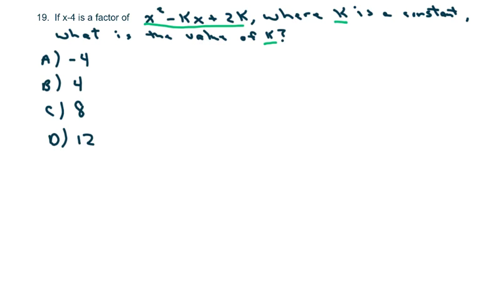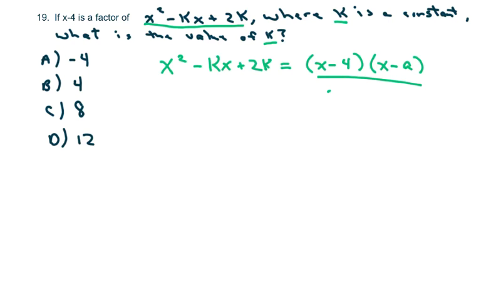So if x minus 4 is a factor, then this x squared minus kx plus 2k can be written as something like x minus 4 times x minus some a. Alright, so what I want to do is go ahead and factor this out, and we get x squared minus 4x minus ax plus 4a,